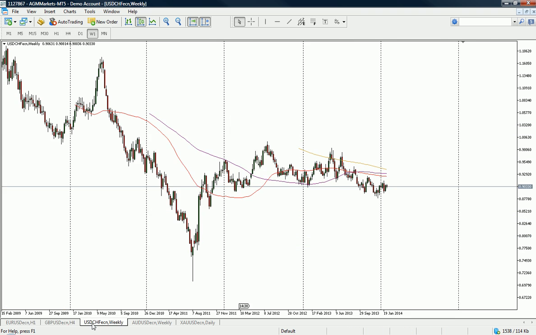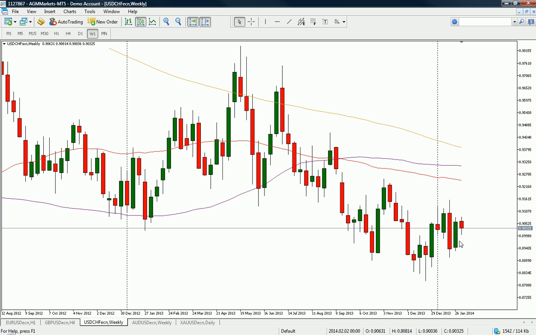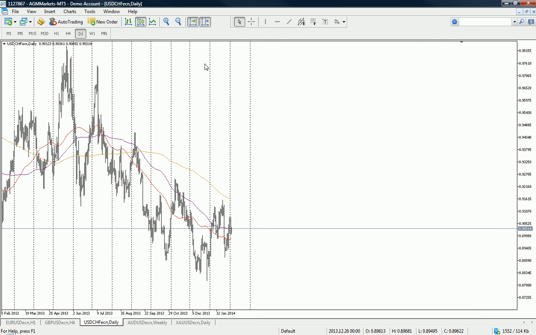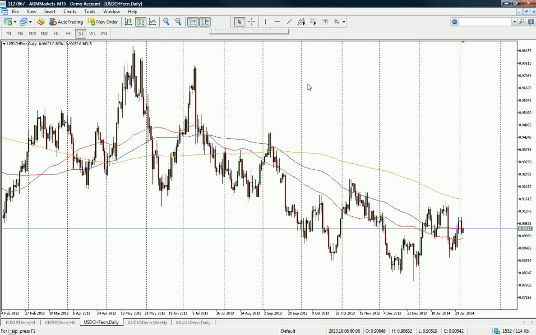Okay, let's have a look at the dollar Swiss on the weekly. Still very choppy, nothing much of interest. If we look at last week's weekly candle, it's just a standard green candle, really, nothing much of interest. It's looking like it wants to grind higher towards this sort of 50 week moving average, which stands at the 0.9248. Let's flip it to a shorter term time frame. So let's look at the daily chart now. Daily chart, we have